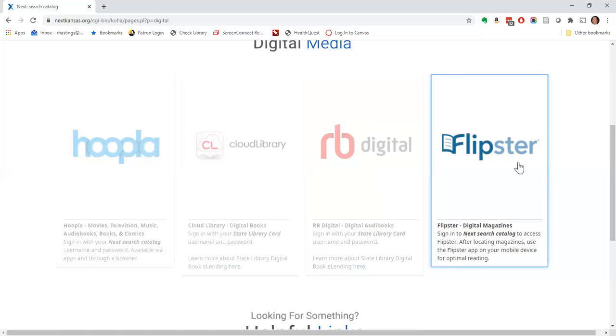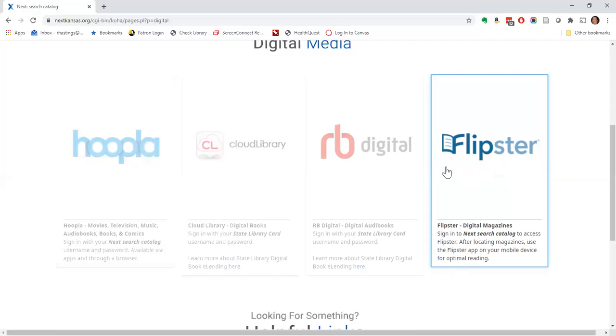Finally, Flipster. There is a whole set of tutorials on Flipster in this series. There's a couple of ways you can access it. The first way is through the browser where you log into the catalog, you go to Flipster, you look through things. The other way is through your device where you just have to type in your library card and PIN and you're in. So you can access Flipster through either the browser, which makes it easy to print from the various magazines, which I should add, this is a magazine